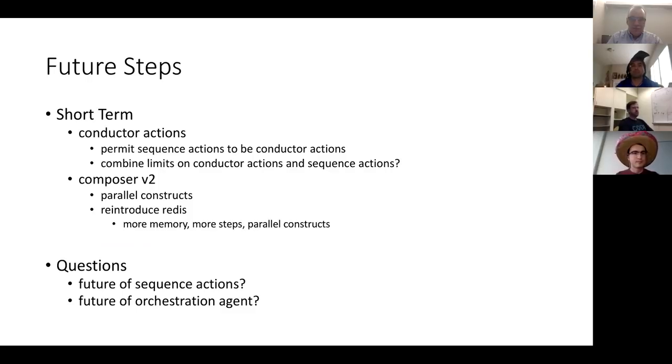This looks awesome. I'm a big fan of the composer and the shell, and especially of the programming model. I do have, for some reason, a problem with Redis, trying to understand why, when this moves into the controller, what role will Redis have that the controller cannot fulfill? So